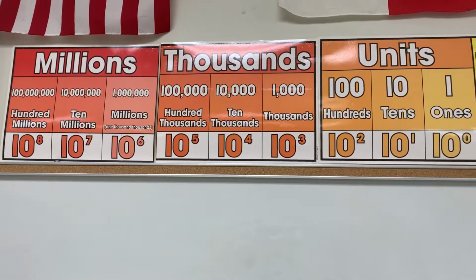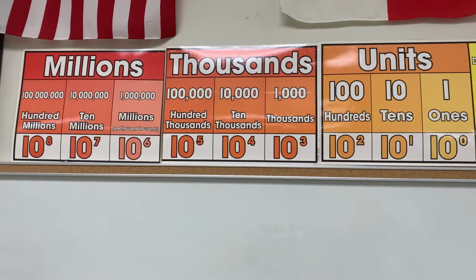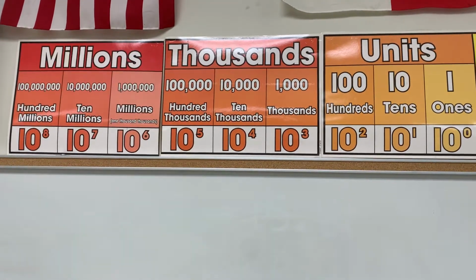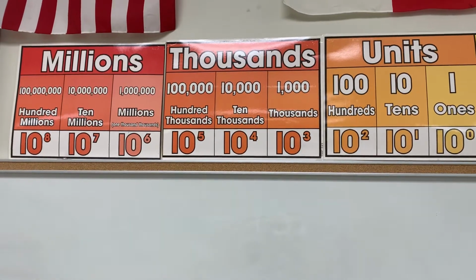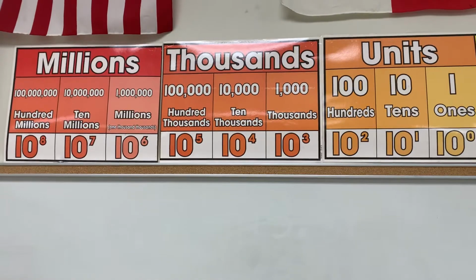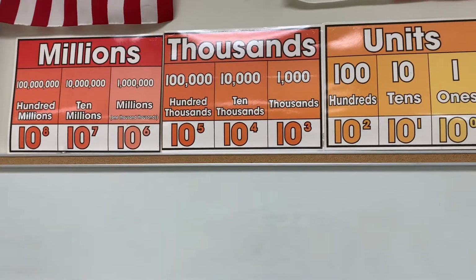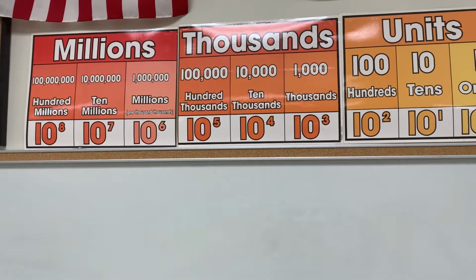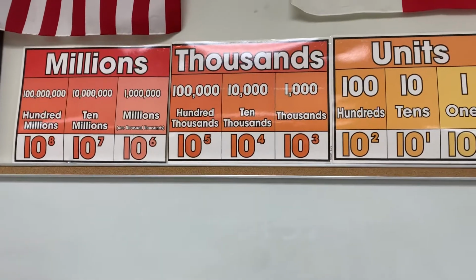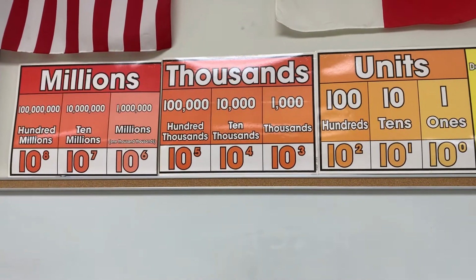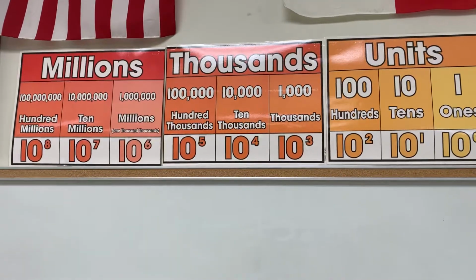Now, at the beginning of the year, in third grade actually, you learned about these place values, and it started with the ones place on the right hand side of your screen. Then it went tens and hundreds. Then you went to the thousands, and it went in the same pattern. It went ten thousands, hundred thousands. And then it went to the millions, and again, it went to the same pattern, 1 million, 10 million, 100